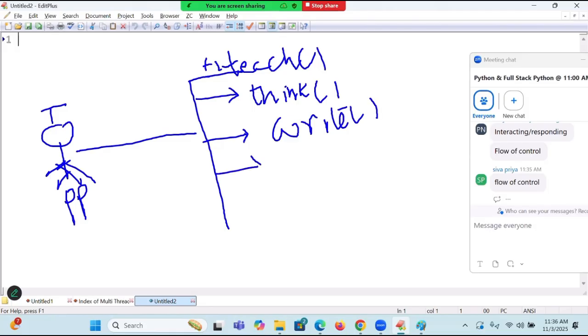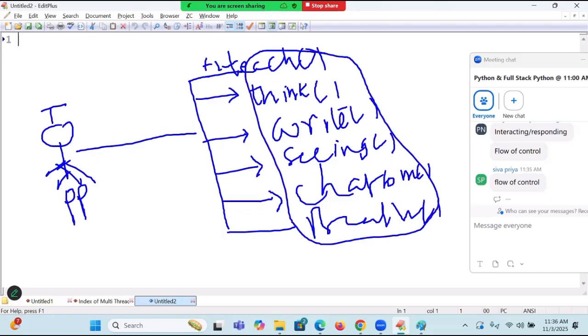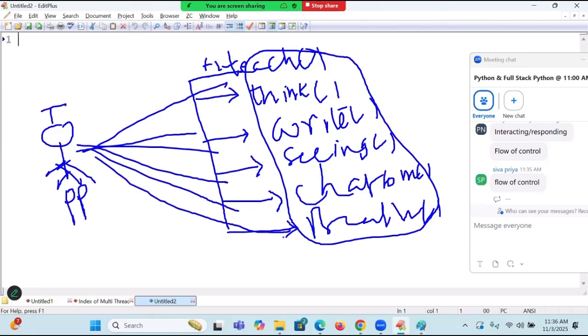And what else am I doing? I am seeing who is listening, who is talking, and who is understanding. And I am seeing the chat box also. And I am taking breaths also. These many functions, am I doing them at the same time or one by one? Same time. So this same-time activity, performing all at once, is performed by which concept? The threads concept is performing it.